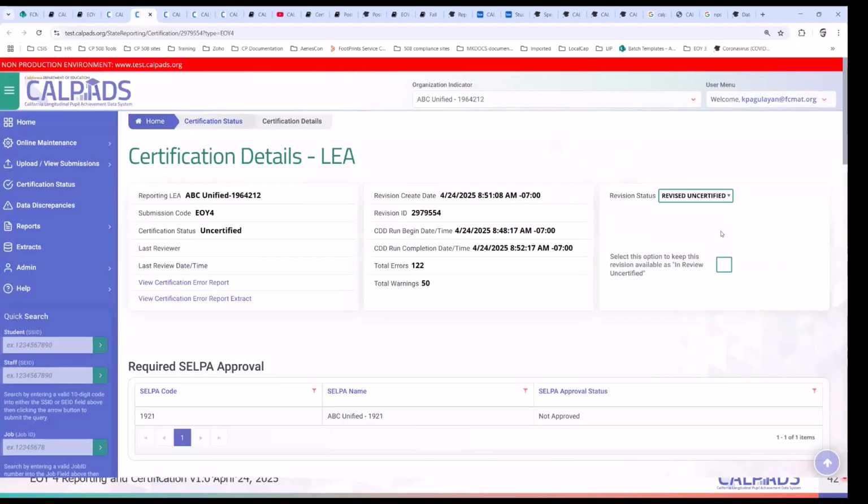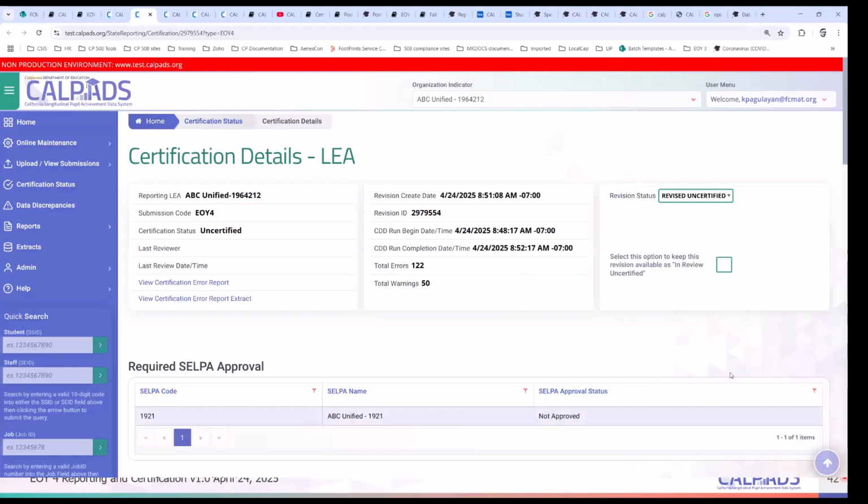Also, this is the revision status. Every time a snapshot is generated, if you haven't LEA approved or self approved a revision, this would be your default revision. Now, let's say you brought your errors down to zero, and you say, okay, it's all zero, and I don't want more errors to get introduced, and I just want to have someone review the reports.